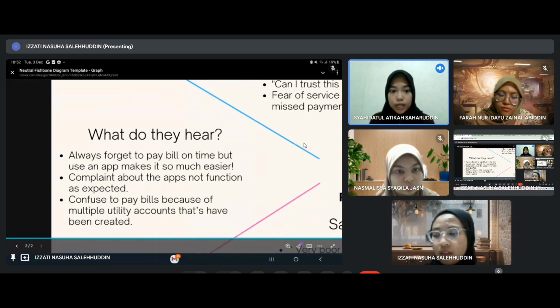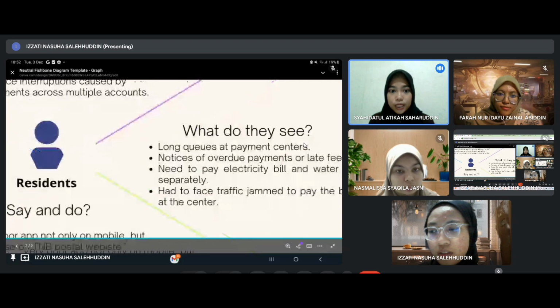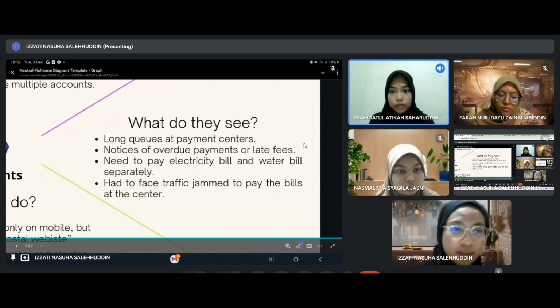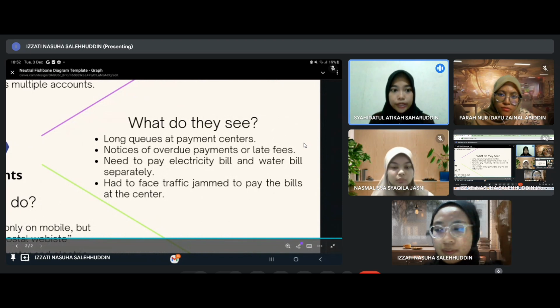Next, I will explain about what do they see. The first point is long queues at the payment center. When they visit a physical payment center, they often see a long line of people waiting. This creates a sense of frustration and wasted time. The second point is notice of overdue payment or late fee.